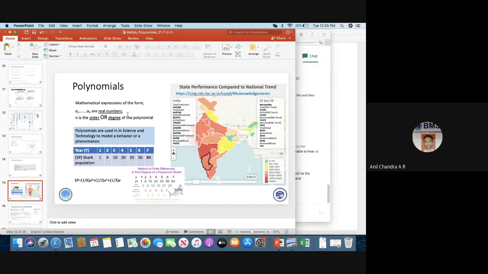In a polynomial, generally we have an expression where we will have the coefficients of the expression. For example, you take this expression. These are constants, right? They are real numbers. I can call them A1, A2, A3, and so on. And these are the variables. That could be time, and you could have various models.